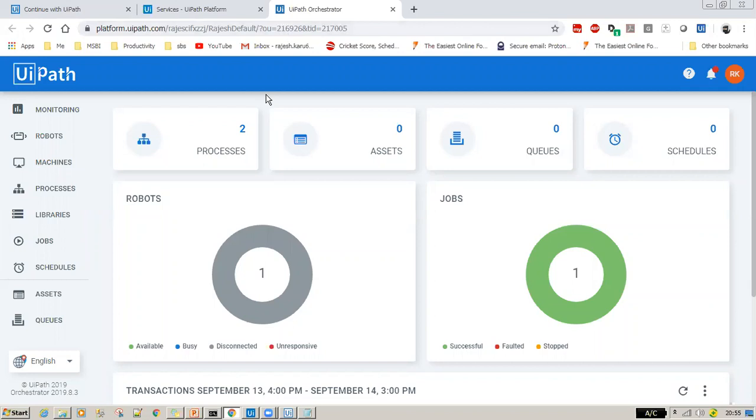Why do we need access? As I told you, there are different components. You may want to create assets, build queues, make triggers and schedules, trigger manual jobs, or update your process versions. So you need access to the development URL. This is the landing page of your development Orchestrator URL.